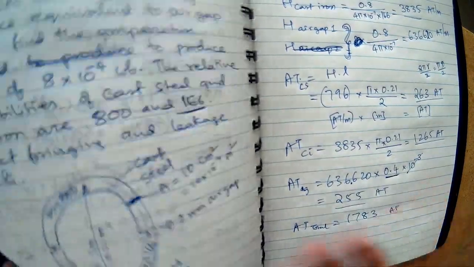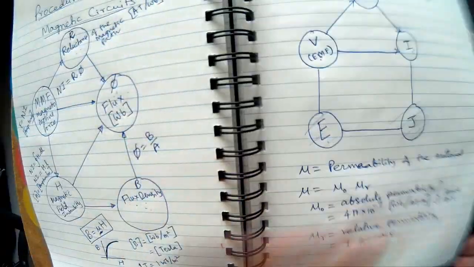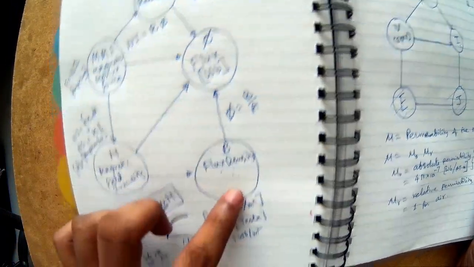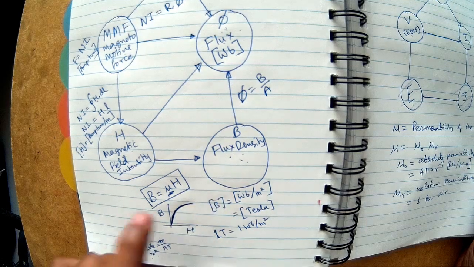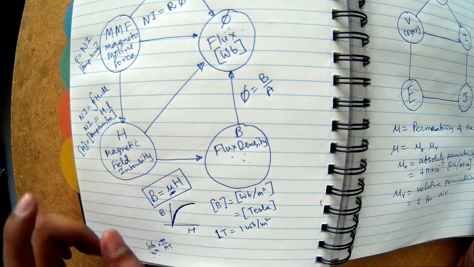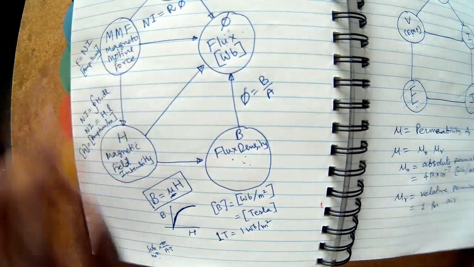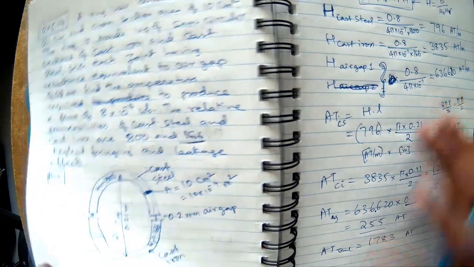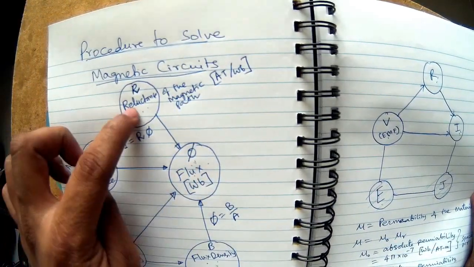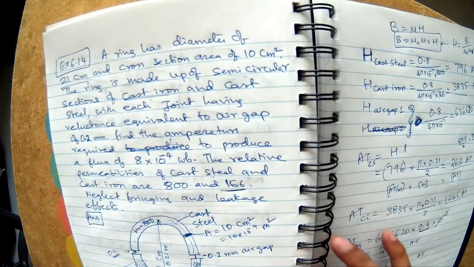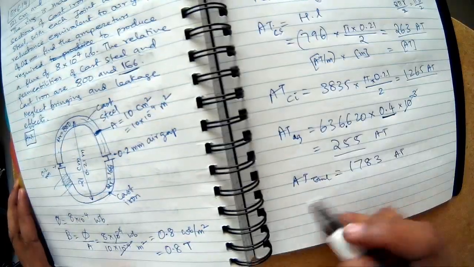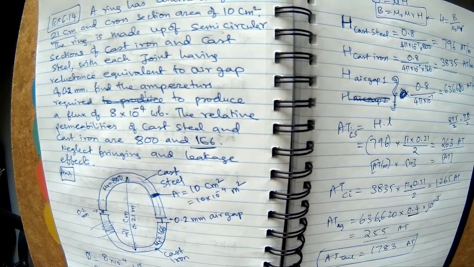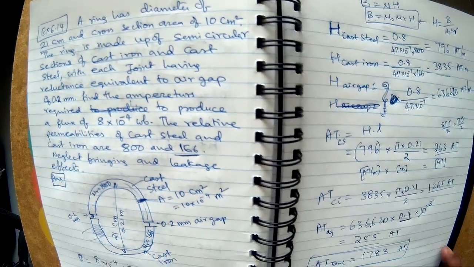Find ampere turns required. So if you look at this problem, this is how we solve it using this path. I know the flux, then I calculated the flux density. I know the flux density and the mu values are given. From that I calculated the field intensity, and from that I calculated the MMF. Alternatively we can solve the same problem in a different way, using this other path, finding the reluctance and then doing it. Maybe we'll do that so that we match this answer, so that magnetic circuits become intuitive to you. I just got that idea.